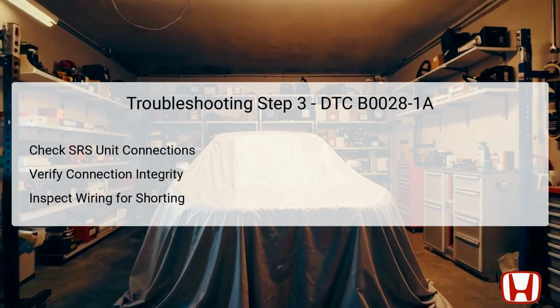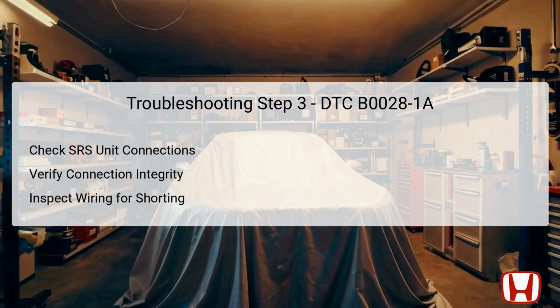In this step of troubleshooting DTC B0028-1A, attention shifts to the SRS unit connections, which are crucial for the overall function of the airbag system. Ensure that the SRS unit connector is appropriately disconnected before starting the inspection process. After confirming disconnection, examine the connection points for any signs of corrosion, wear, or damage that could affect the performance